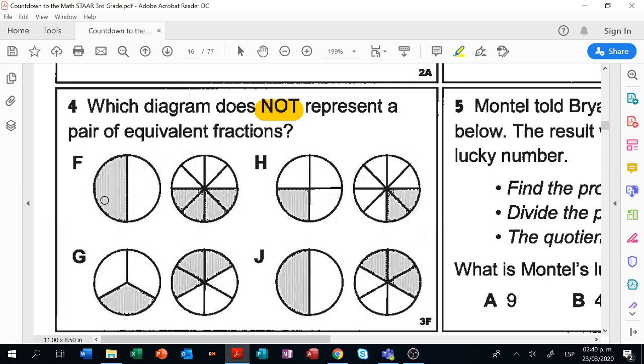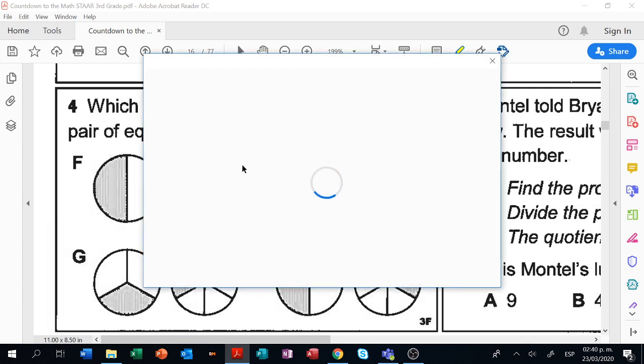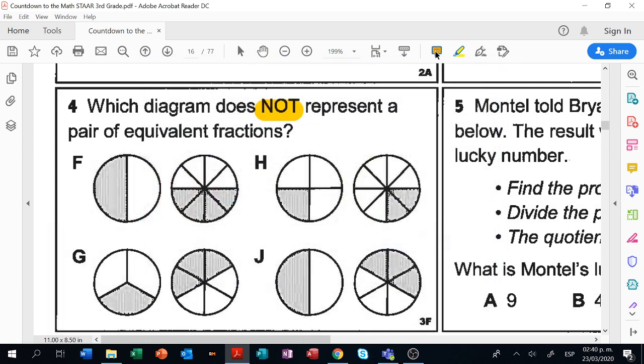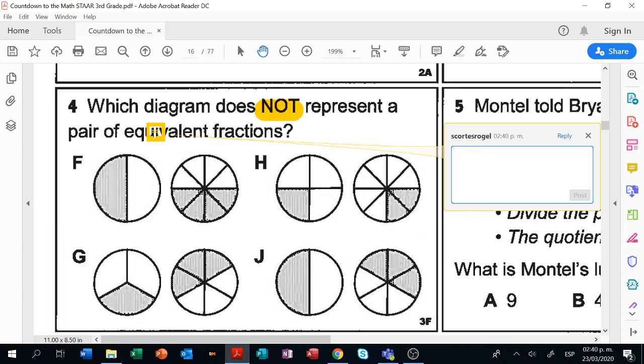So I know that this is 1/2, 1 out of 2. And I know that this is 4 out of 8. If you look at the shaded part, this is equivalent to this one. It's just that this one is kind of tilted, right? Okay, so let me just create a note right here. Letter F is going to be